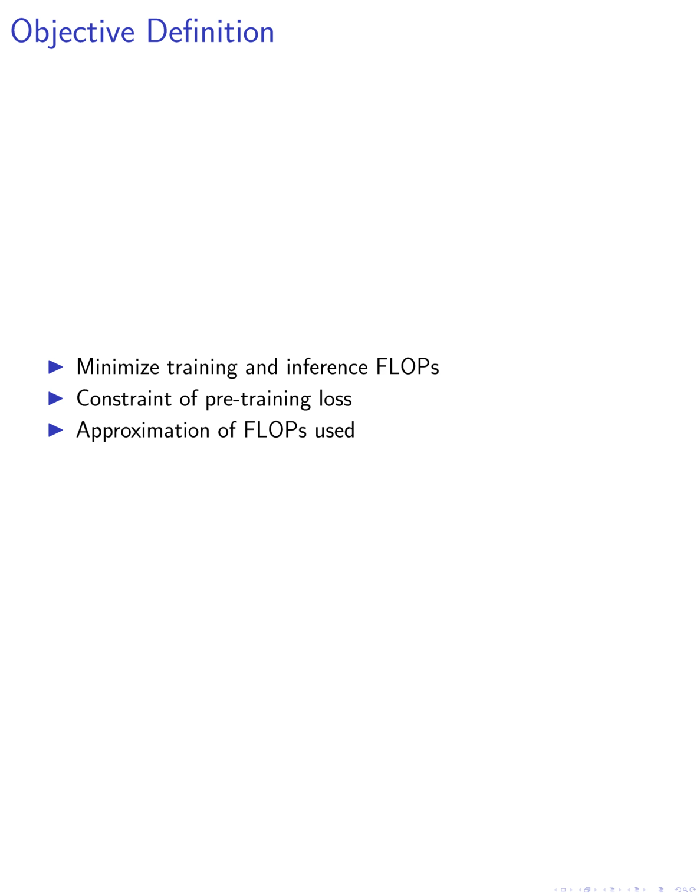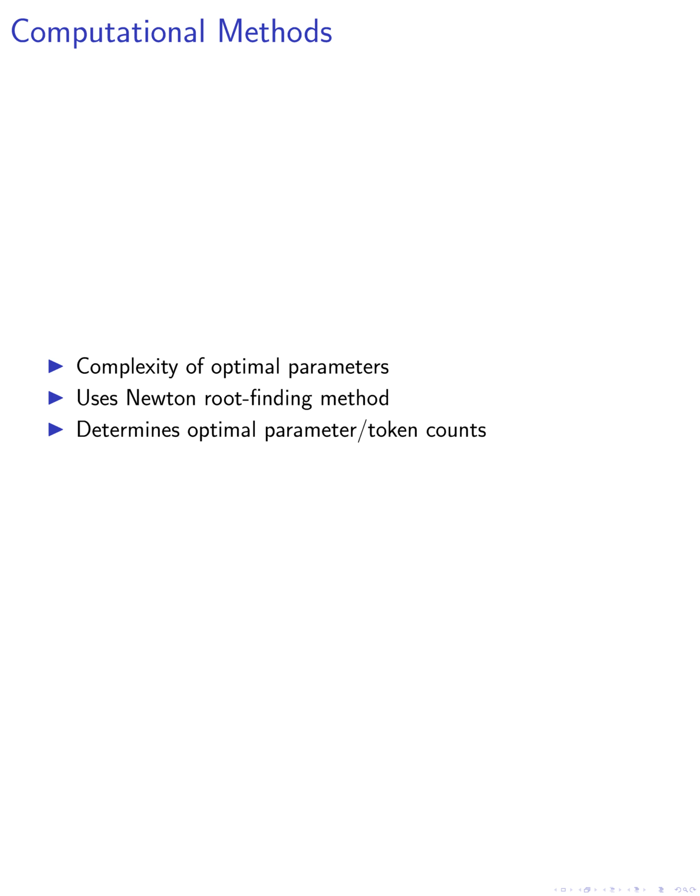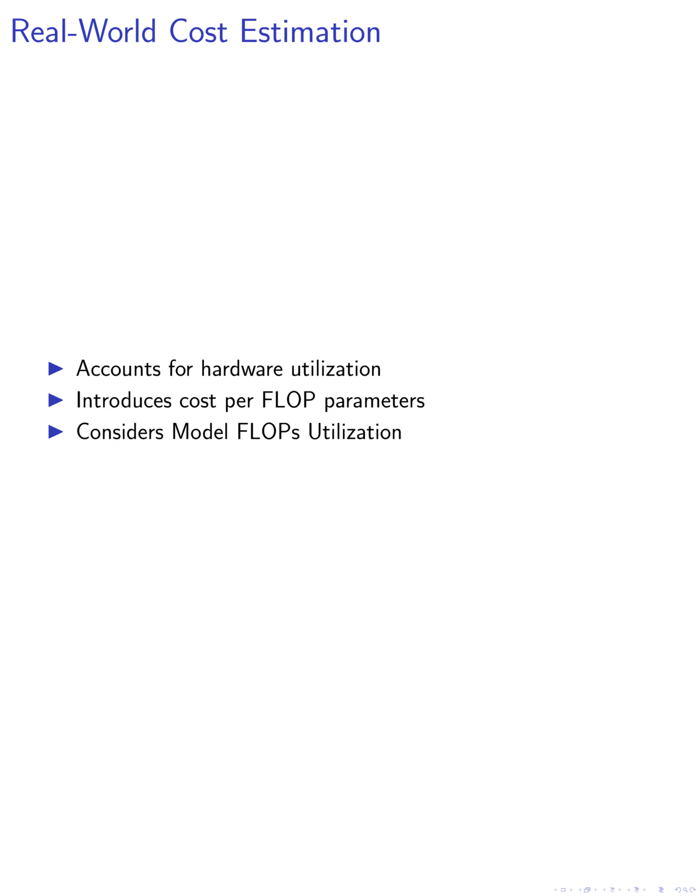inference token. Due to the complexity of determining the optimal parameters and pre-training tokens analytically, we resort to computational methods. We use the Newton root finding method to solve for N and DTR, which allows us to determine the optimal parameter and token counts. We then modify our objective to estimate the real-world cost of inference by taking into account hardware